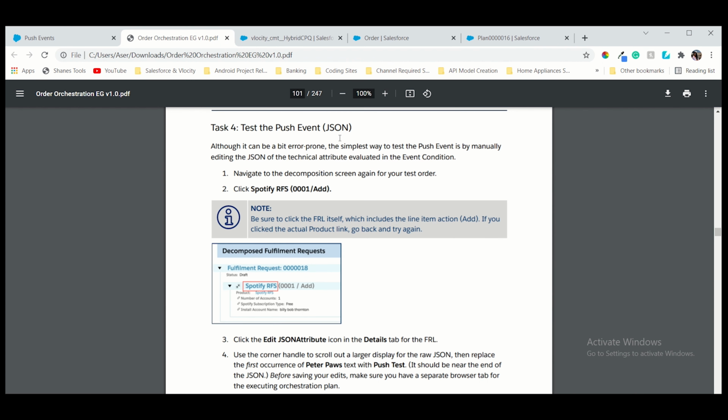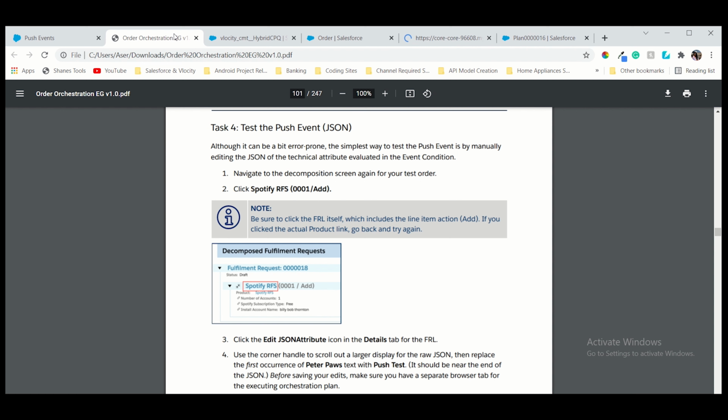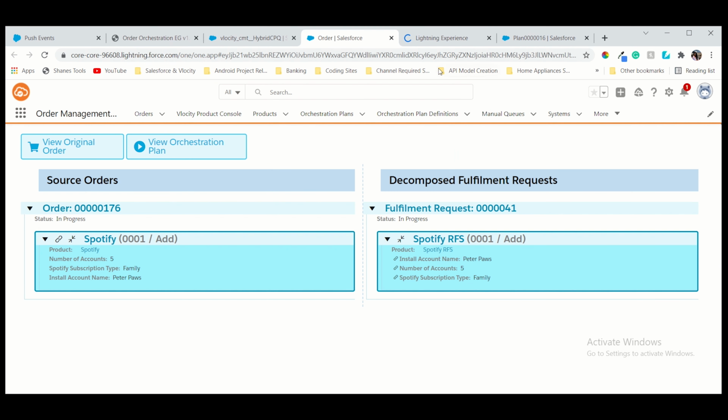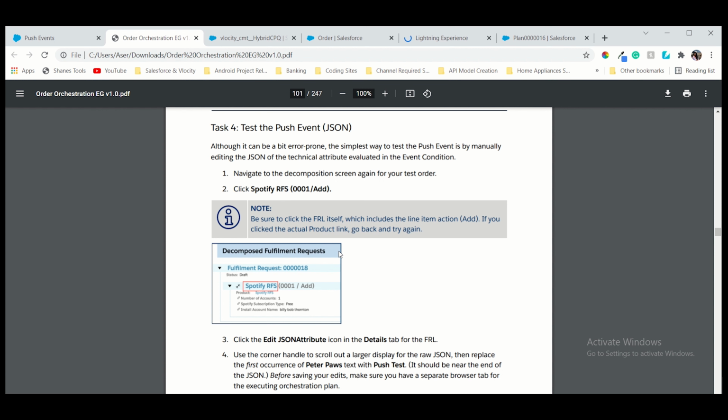What they are saying is, take the push event. What we have to do now is go into the orchestration and navigate to this push. We have to go not from the source order. I am so sorry, I was wrong. We have to go from the decompose fulfillment request. Okay, now click this 45, and then we have to